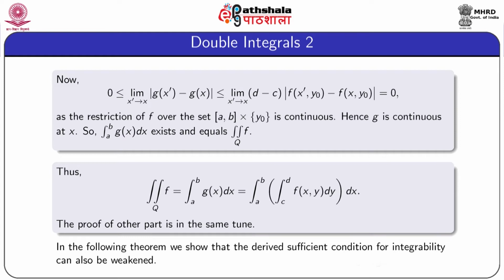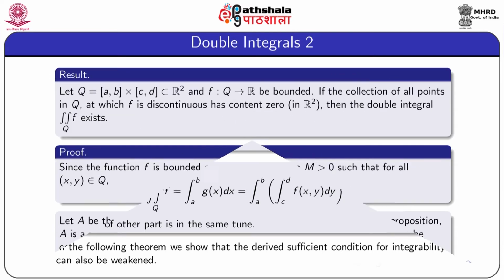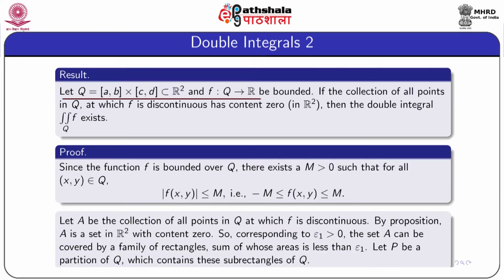In the following theorem, we show that the derived sufficient condition for integrability can also be weakened. Let Q equal to [a, b] cross [c, d] and f from Q to R be bounded. If the collection of all points in Q at which f is discontinuous has content 0 in R2, then the double integral of f over Q exists. Proof: